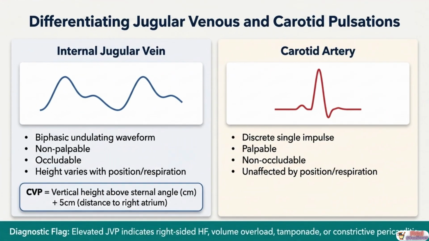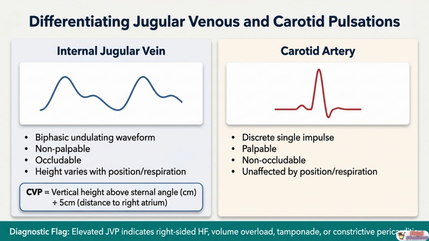Distinguishing the jugular venous pulse from the carotid pulse is a foundational examination skill, and getting it wrong leads to serious misdiagnoses. The internal jugular vein produces a biphasic, undulating waveform that is non-palpable, occludable with gentle pressure, and changes height with both position and respiration. The carotid artery, by contrast, produces a discrete single impulse that is palpable, non-occludable, and completely unaffected by position or